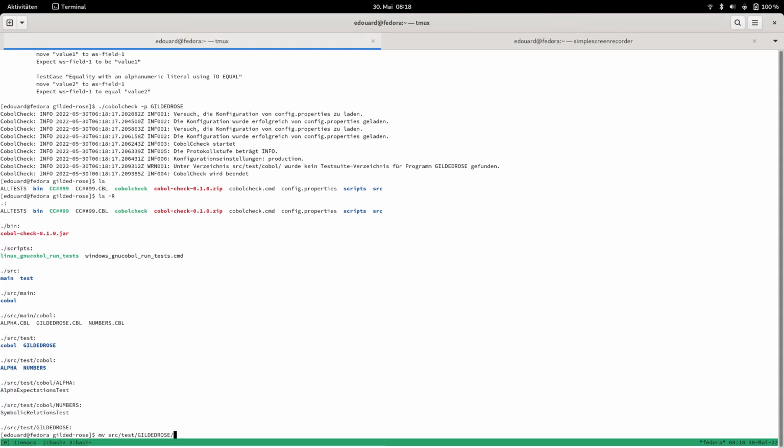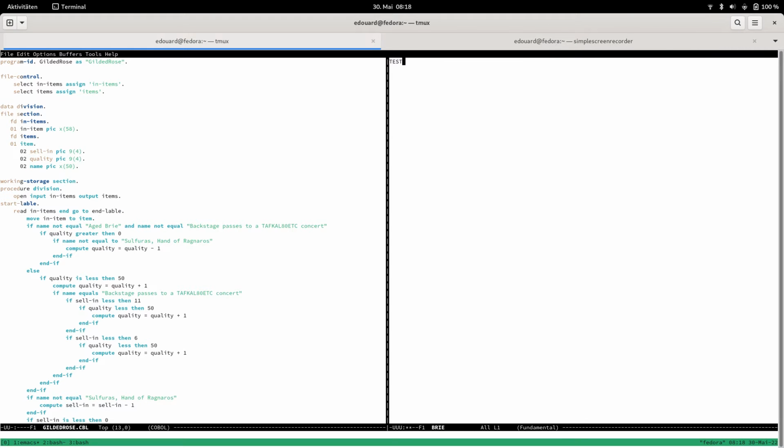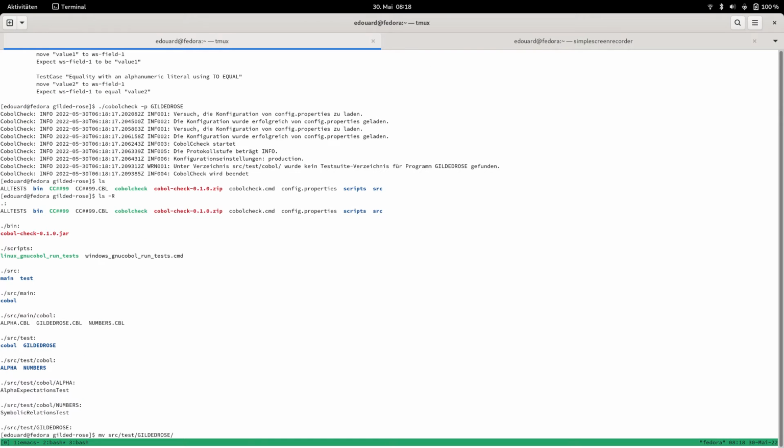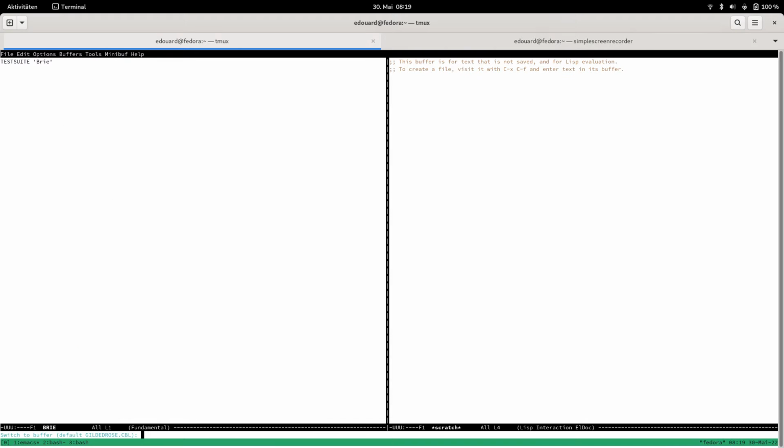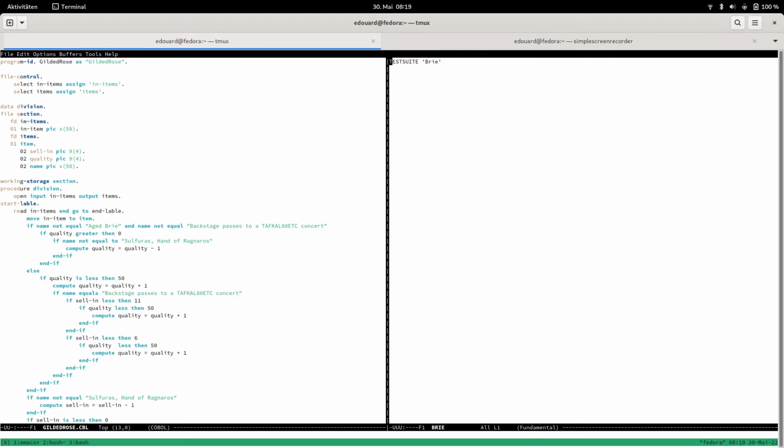Let's save a file there first before I do anything. Test suite. Okay, now we have something. Source test Gilded Rose. Source test cobol. Save it there. Let's go back to Emacs and shut that and find it again. Source test cobol Gilded Rose play. Okie dokie. Good. So now we have